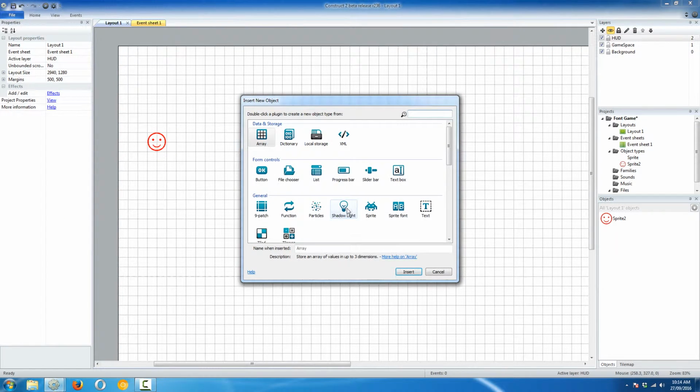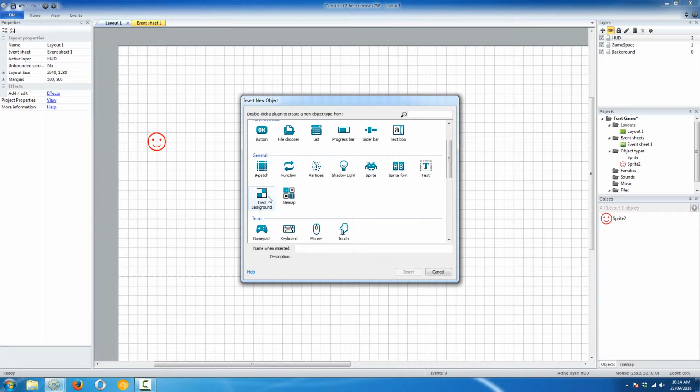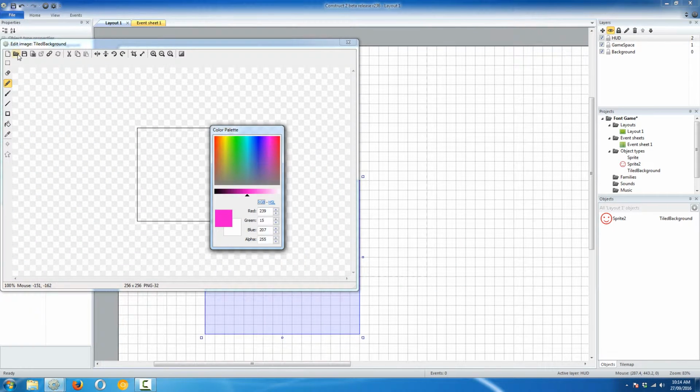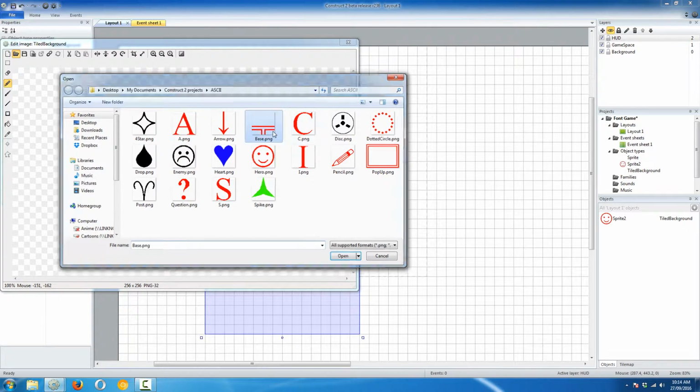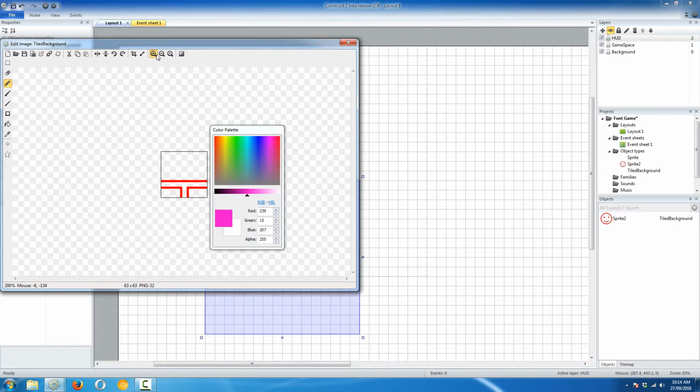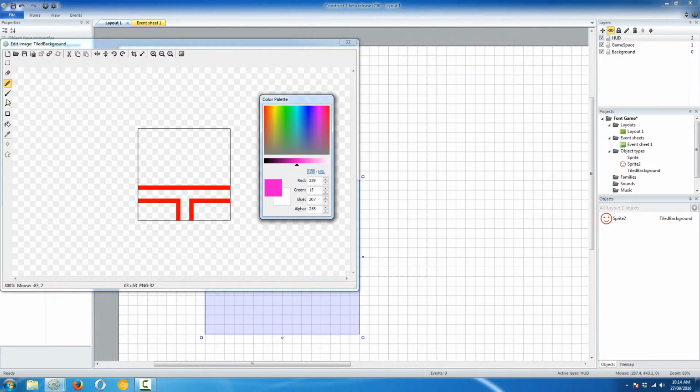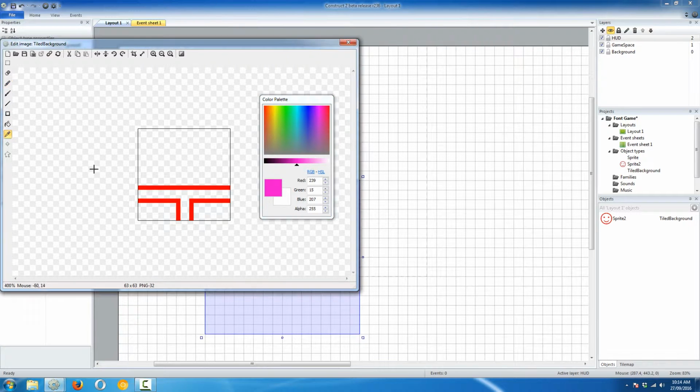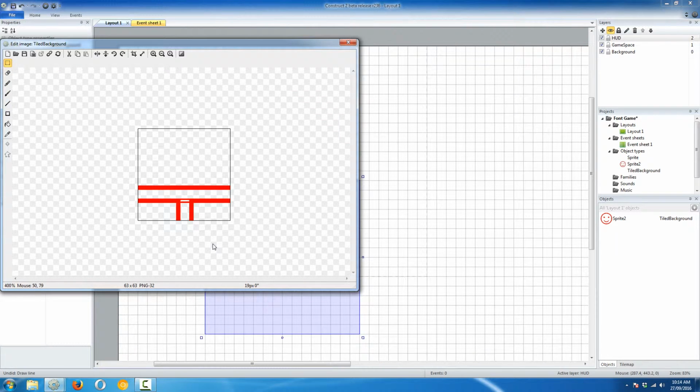Now we'll also need to add this. This time we're going to be using a tile background so that we can make it longer when we wish. Base. Zoom in, make it just a little bit neater. Oops. There we go. Get a bit of the bottom